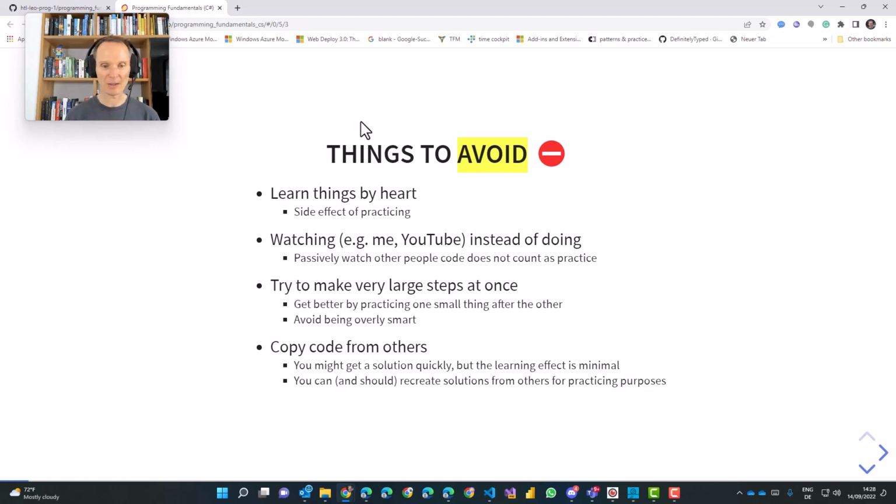You need the practice. It's perfectly okay to recreate solutions that you have seen on the internet, on YouTube, that you have seen me typing, for instance, in the course or in other courses, in other videos. That's perfectly fine. But always sit down and code it yourself. Code it yourself, make some mistakes, try to solve the mistakes, compare your solution with the solution of really good coders. That is perfectly fine. But don't simply stupidly copy code with Ctrl-C, Ctrl-V and you're done. That will not make you a great coder, and that will definitely not lead to a successful ending of this course.